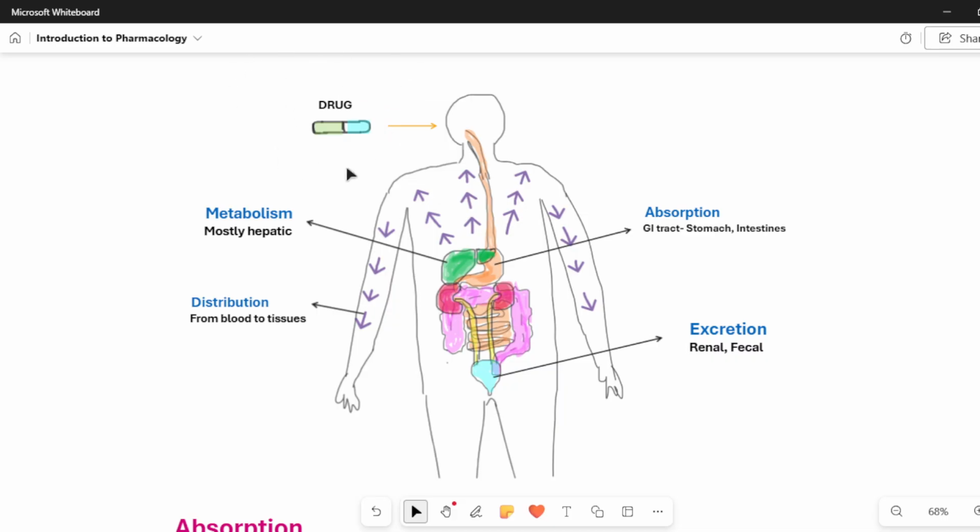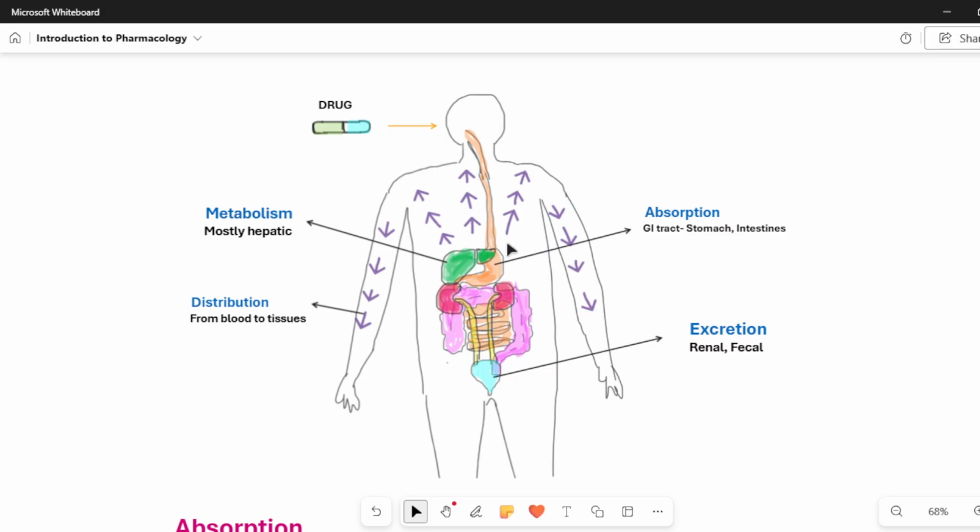Now what happens? Now what we have to do? We have to remove the drug out of our body. Okay. Now the drug has to be removed. So again, from all these organs and tissues, whatever remaining drug is there gets sent back into the bloodstream.